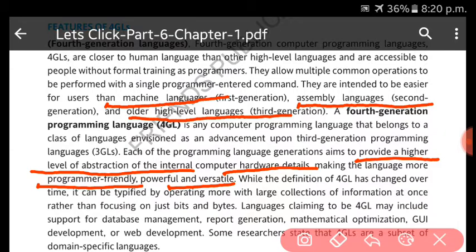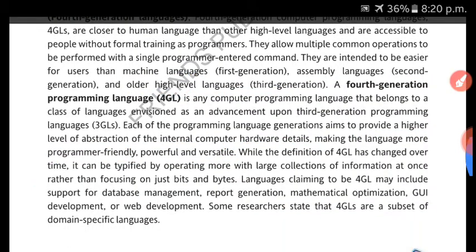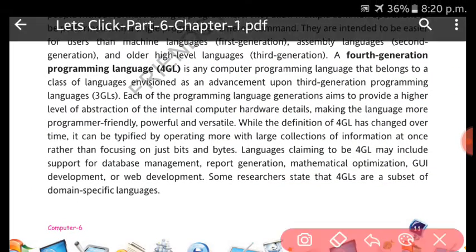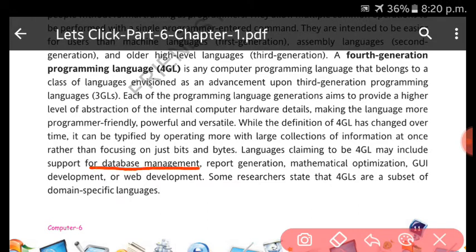In fourth generation the same process happened, but it includes support for database management, report generation, mathematical optimization, GUI development, web development. So many more features were added into the fourth generation languages.